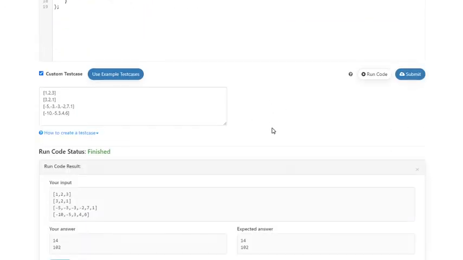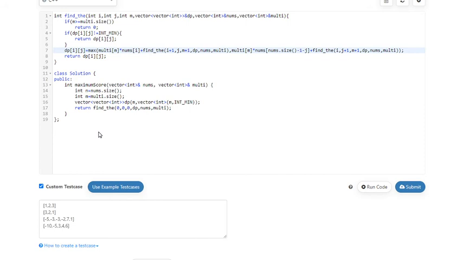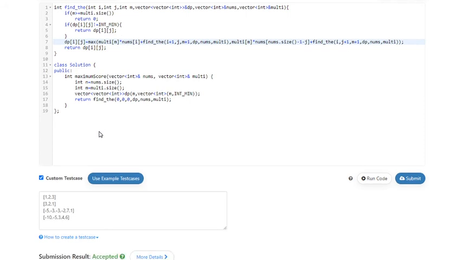Let me check if we are passing the second one. Let me submit it. Yeah, so our solution was accepted. Let me get back to the drawing board and analyze the solution.